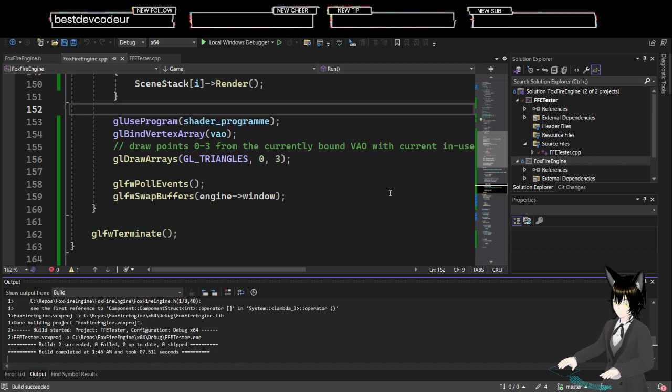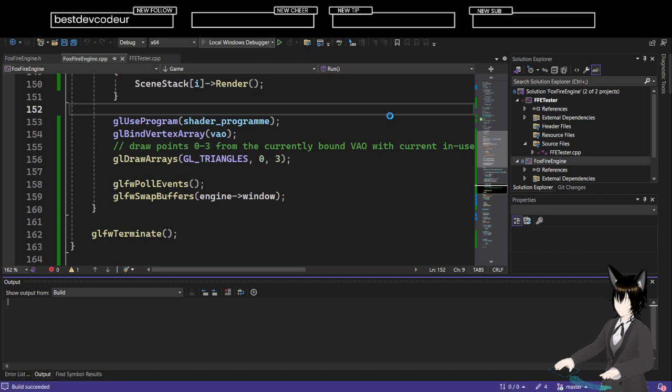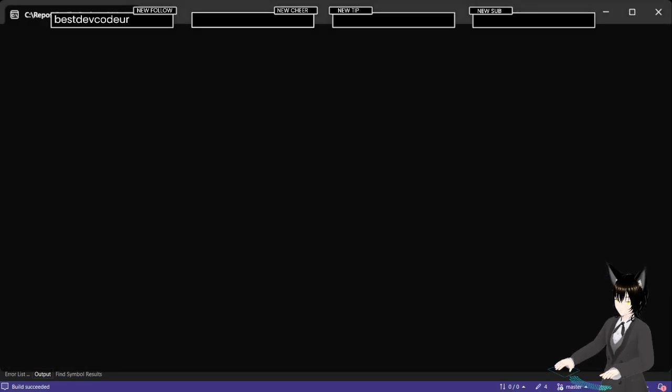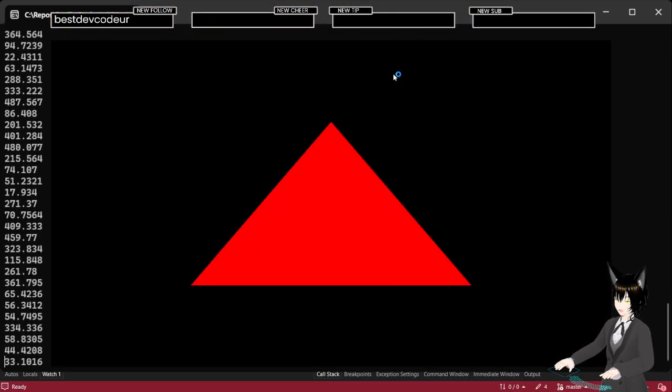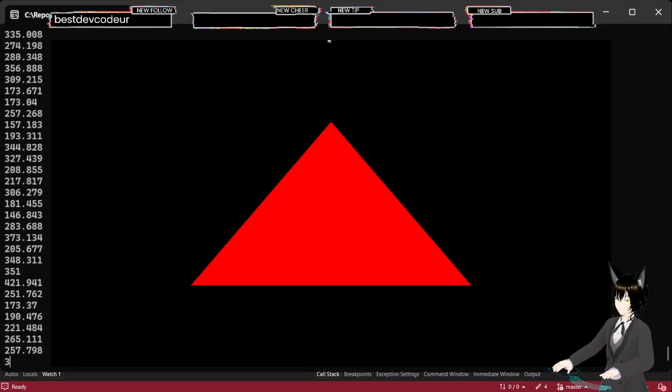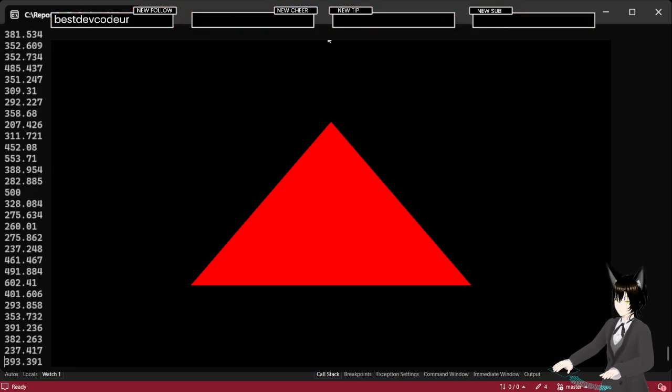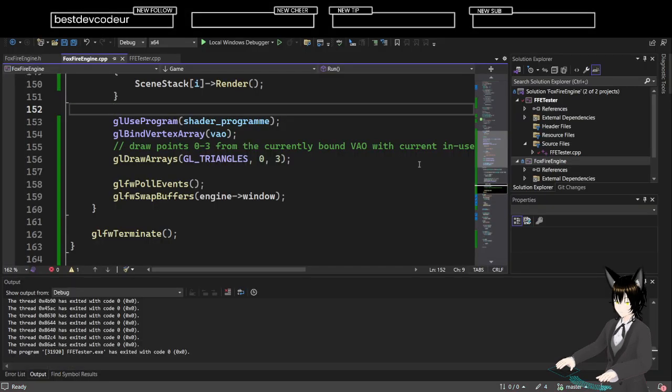2 succeeded, 0 failed, 0 up to date, and 0 skips, which means I should get a triangle. And I have a triangle. Yes! Awesome. Which means, so